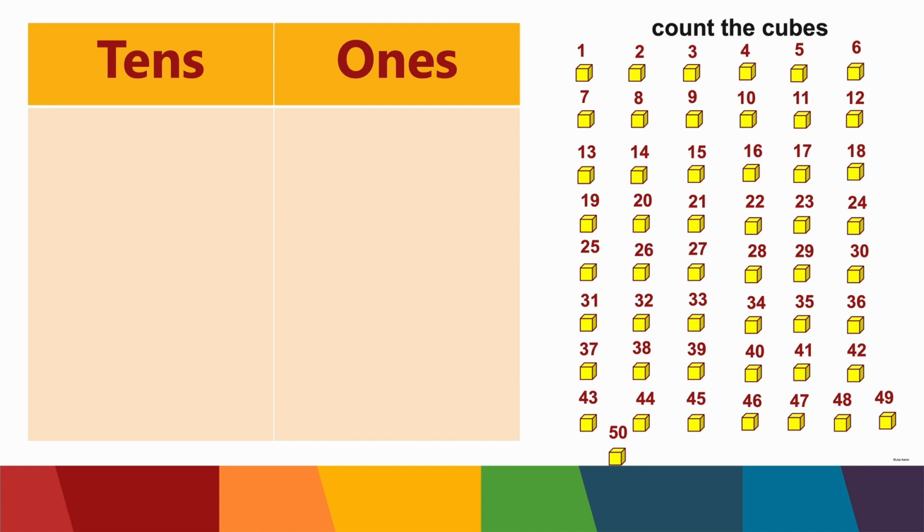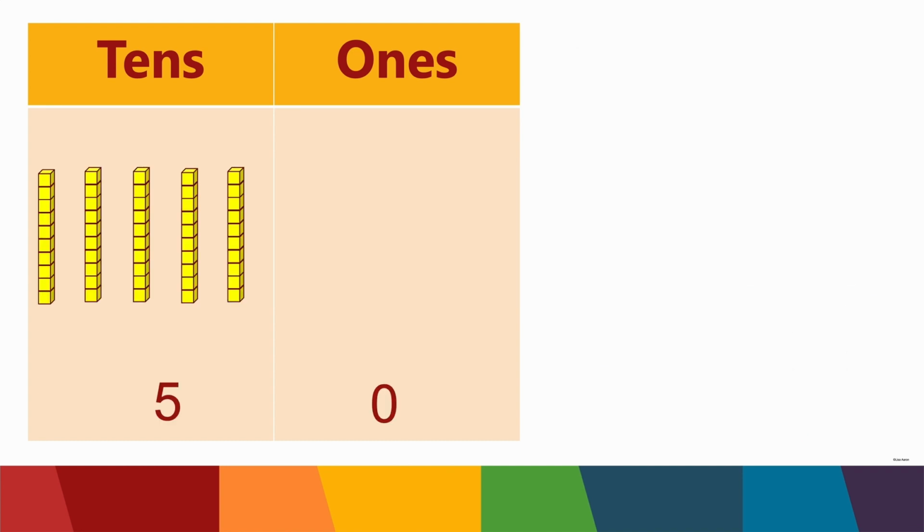Now, isn't it nicer that we have a way of knowing numbers without having to count them one by one? This is why place value is so important. Again, we have 5, 0, making 50. So we should have 5 in the tens column and nothing in the ones column. And it should look like this. Isn't this easier than counting all those numbers? That's why place value is important to learn.